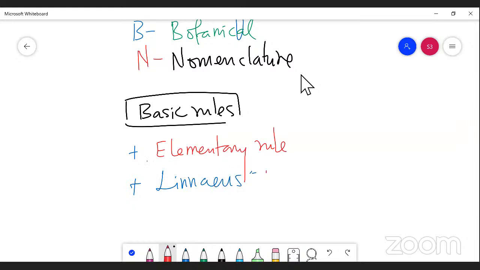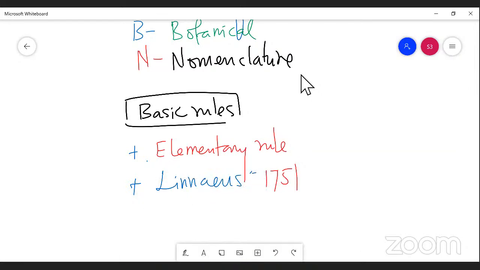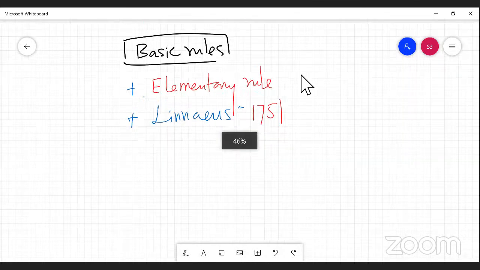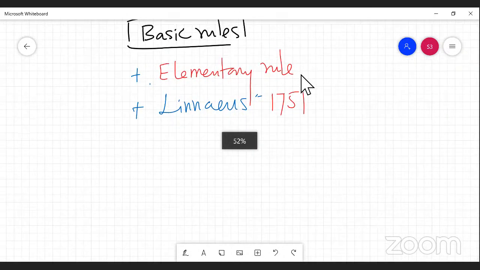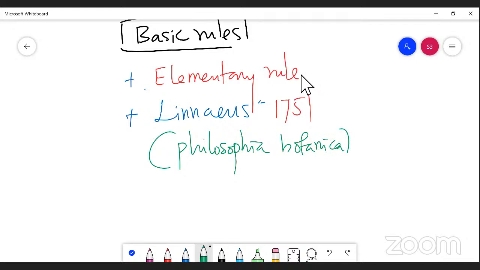Linnaeus, in the year 1751, published all the rules and regulations of naming plants in his textbook. Carolus Linnaeus, the father of modern taxonomy, published a book called Philosophia Botanica. It is the first textbook in which Carolus Linnaeus published the naming of plants related to ICBN,